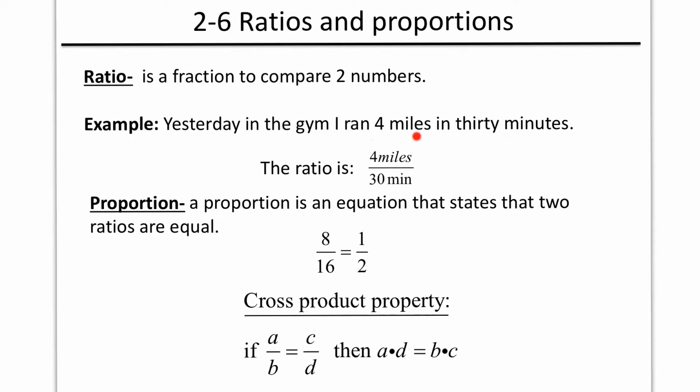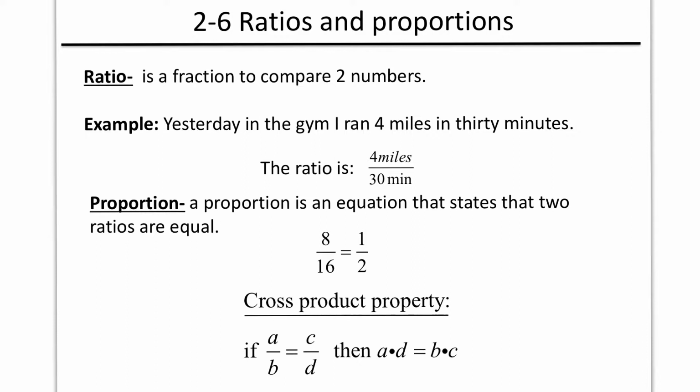Yesterday in the gym, I ran 4 miles in 30 minutes. Now you understand what that means: 4 miles is the distance that I ran, and it took me 30 minutes to do that. The ratio that actually explains what happened is a fraction. So here's the ratio, 4 miles over 30 minutes. What I'm saying here is that I can run 4 miles in 30 minutes. So that's a ratio. A ratio is just a fraction that tells you what to compare from the numerator and the